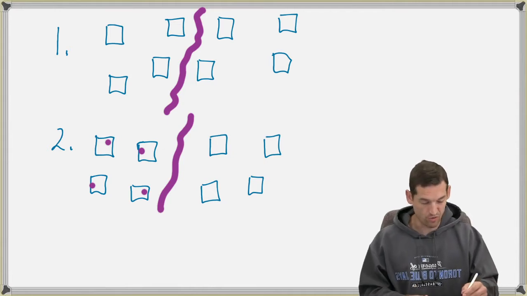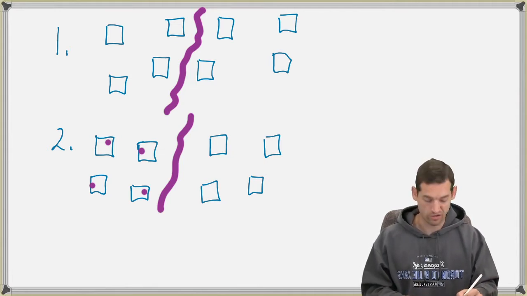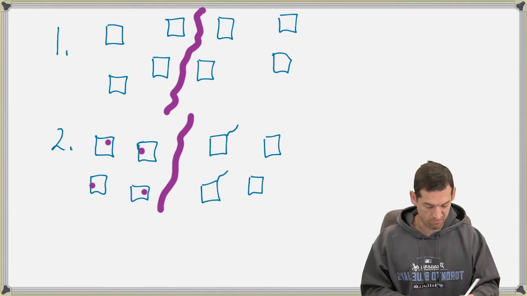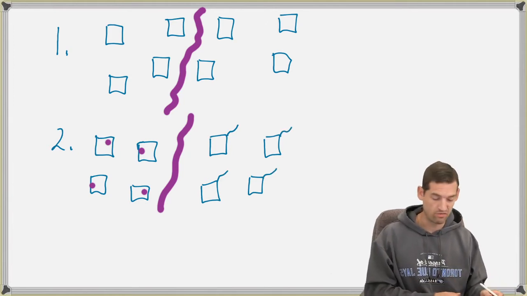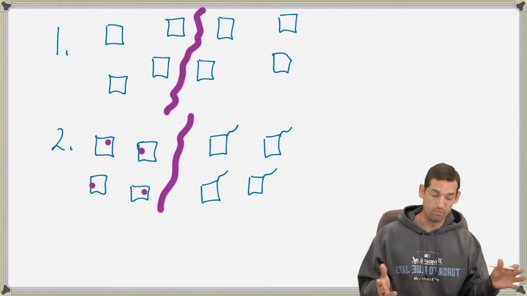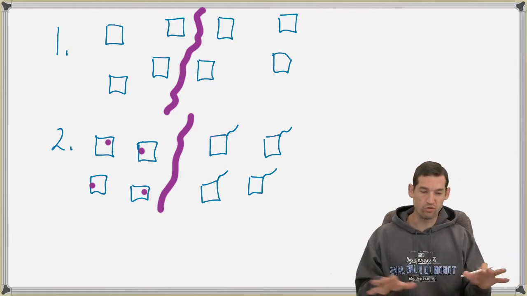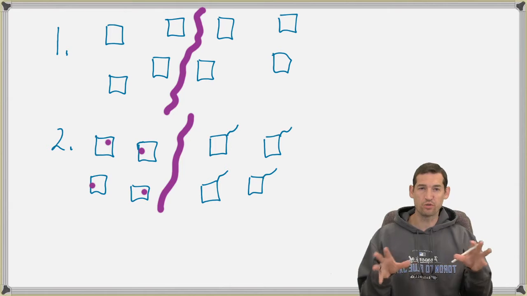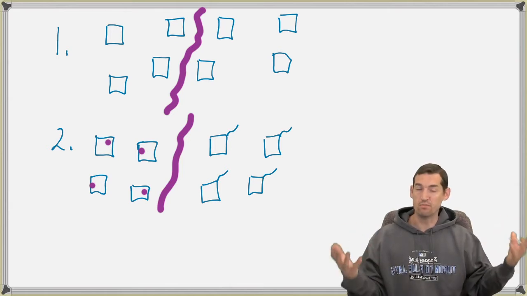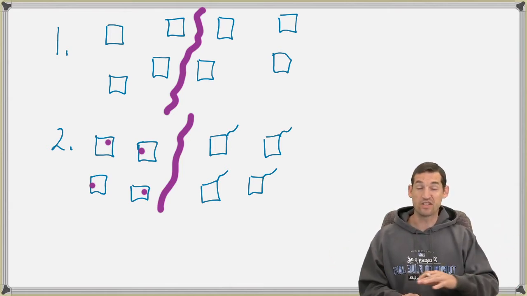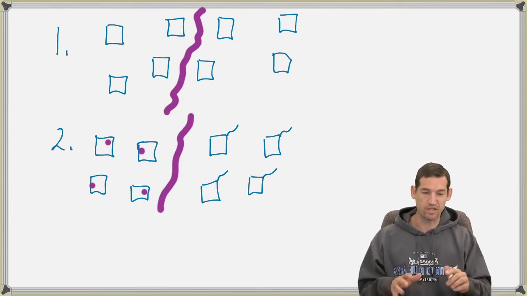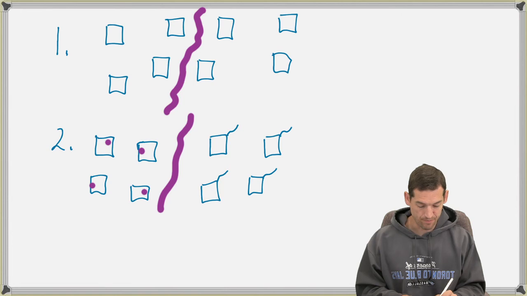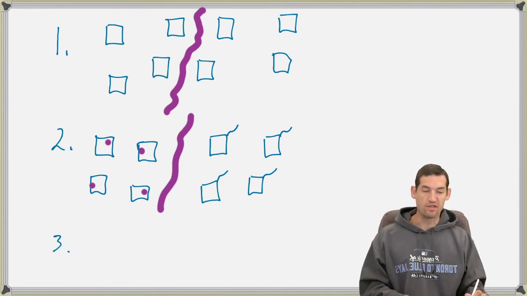And let's say this group over here, they could develop another trait too, you know, whatever this thing is, and maybe that gives them an advantage. And so that trait builds up over there. So the two, because they can't mix, will eventually become more and more and more different. That can take hundreds and thousands and millions of years, but eventually, and that's step 3, eventually these two groups